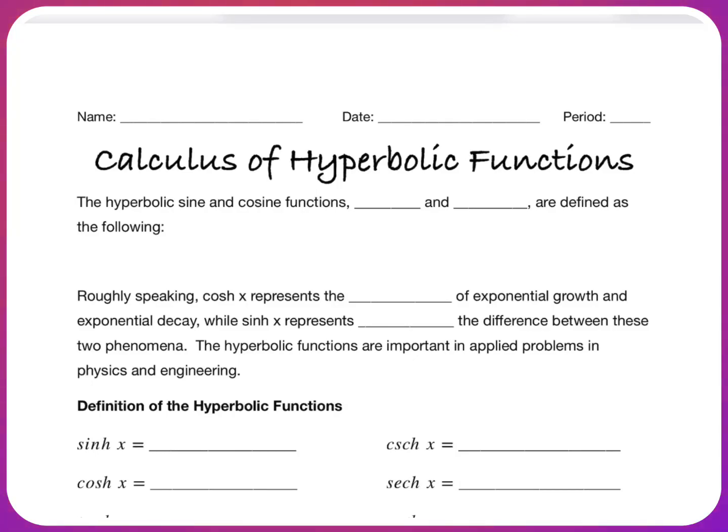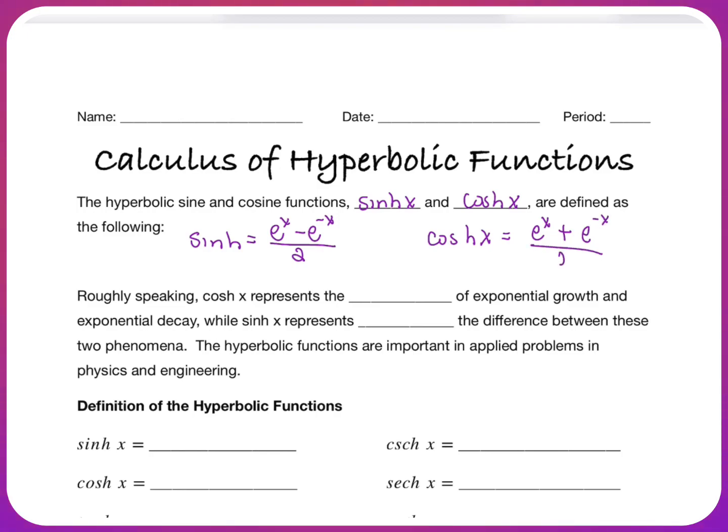Today we're going to learn about the calculus of hyperbolic functions. Hyperbolic functions might be something you're not familiar with, so I'm going to define what the hyperbolic sine function is and what the hyperbolic cosine function is. So the hyperbolic sine function is defined by e to the x minus e to the negative x divided by 2. And the hyperbolic cosine function is found by finding e to the x plus e to the negative x